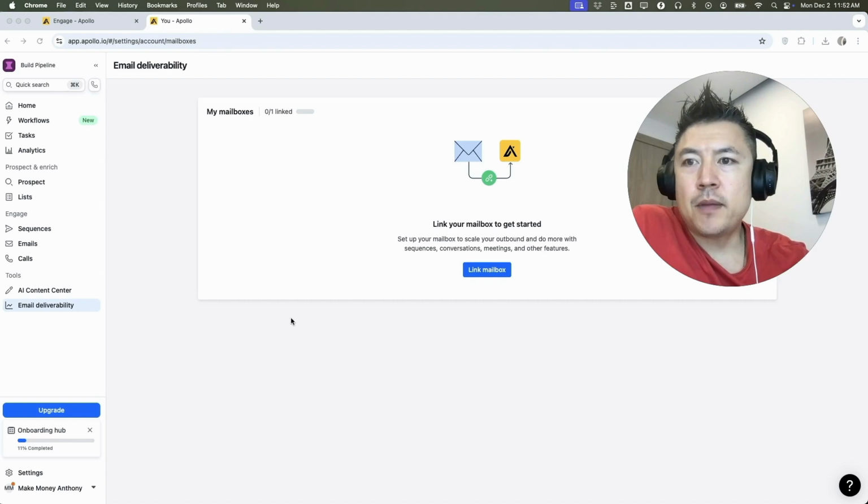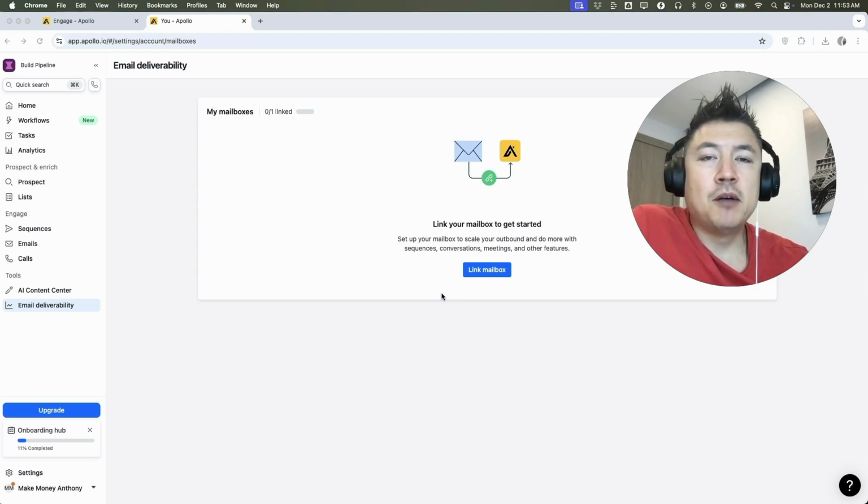Okay, a quick second later, the page refreshes. Now you can see the mailbox that I had set up has now been removed. So if I want to send emails from that mailbox, I will need to link it once again right here. So there you have it, guys. If you're wondering how to unlink or remove an email mailbox inside of your Apollo IO, that's the easiest way